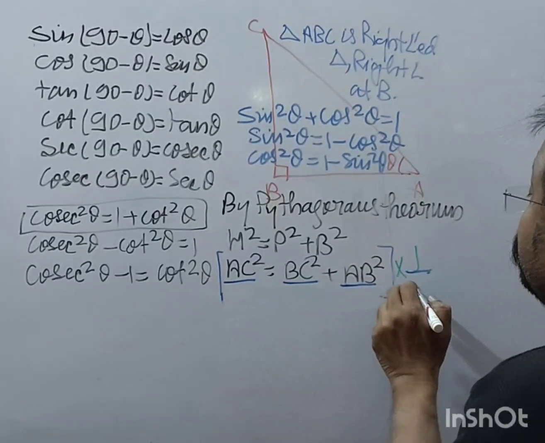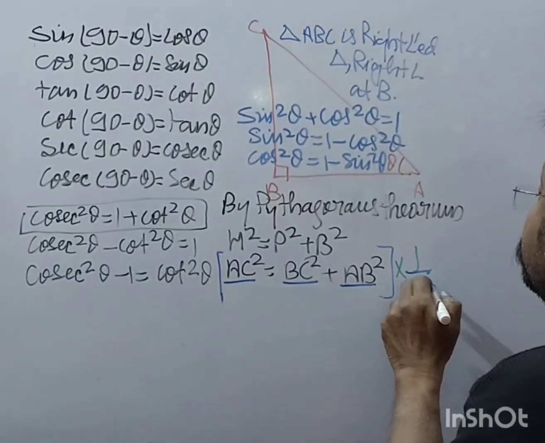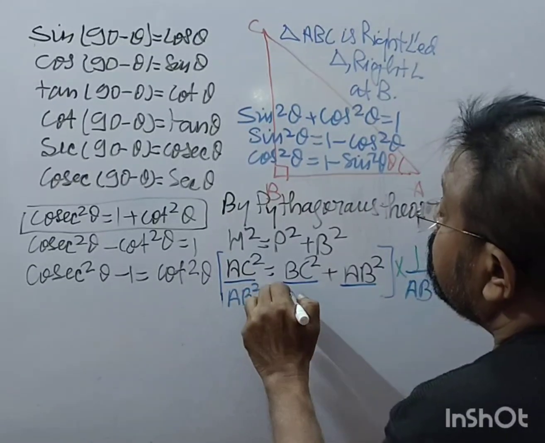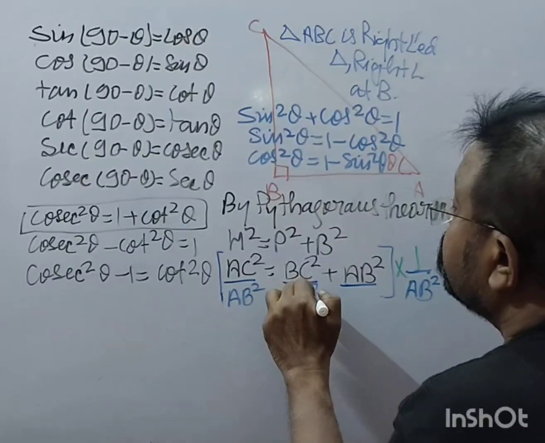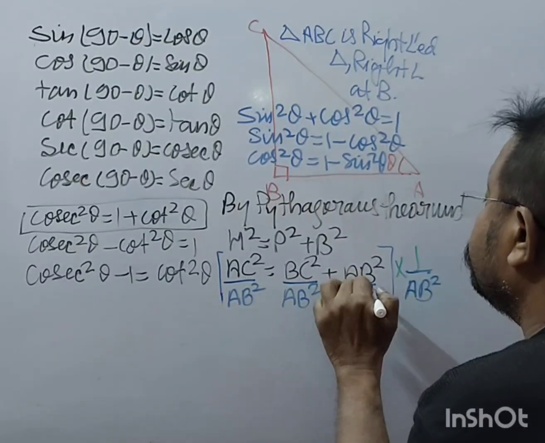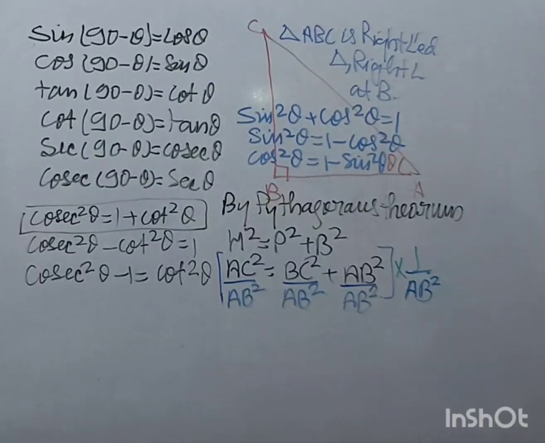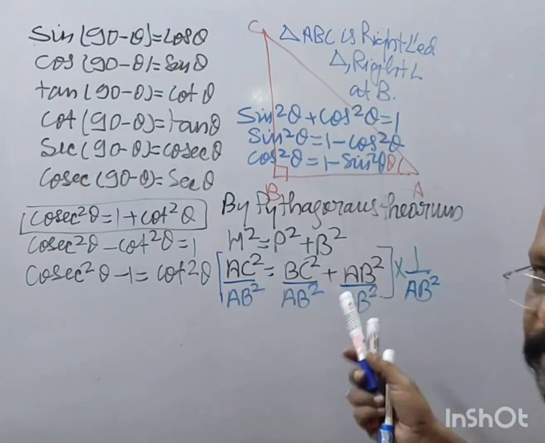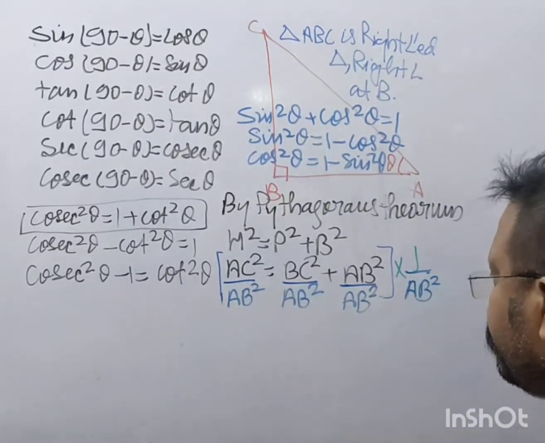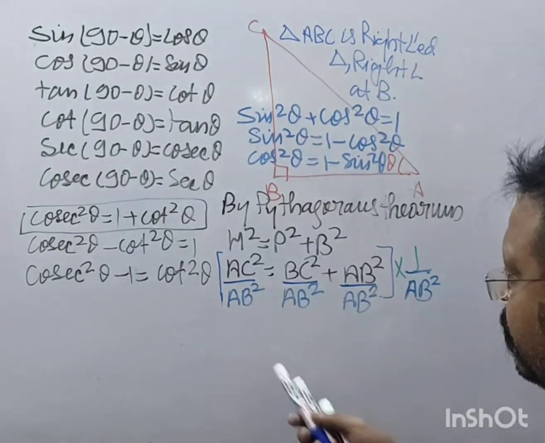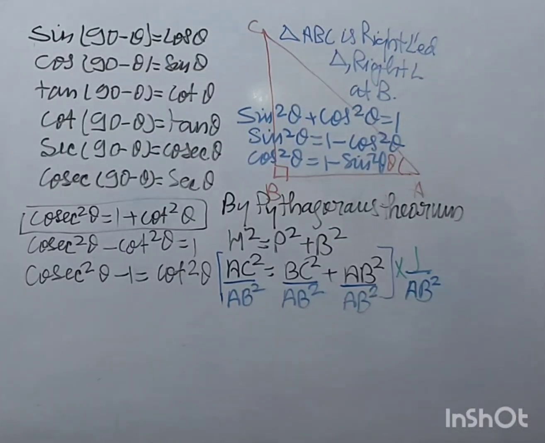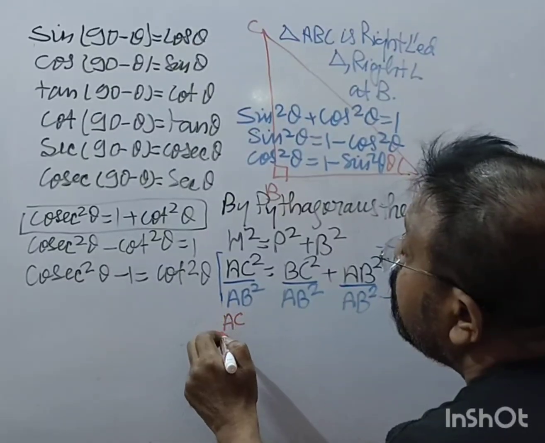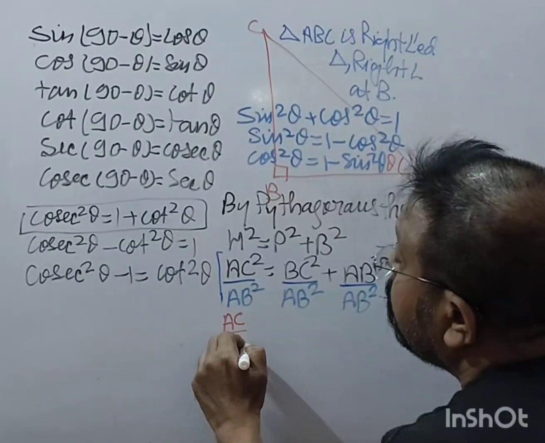Now whole divided by AB square. So AB square upon AB square. You get it? Whole multiplied by, I mean 1 by denominator, we multiply with all. When we multiply with all, then it becomes what? AC upon AB whole square